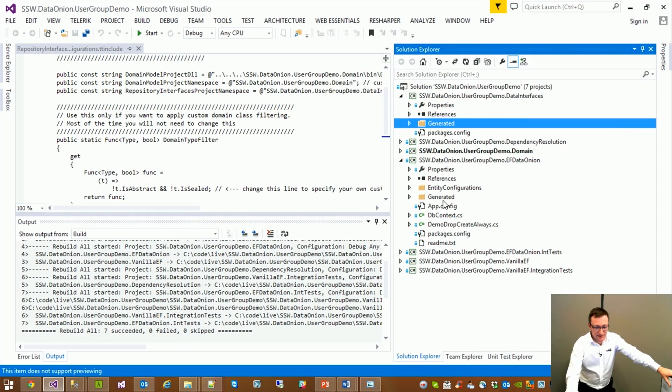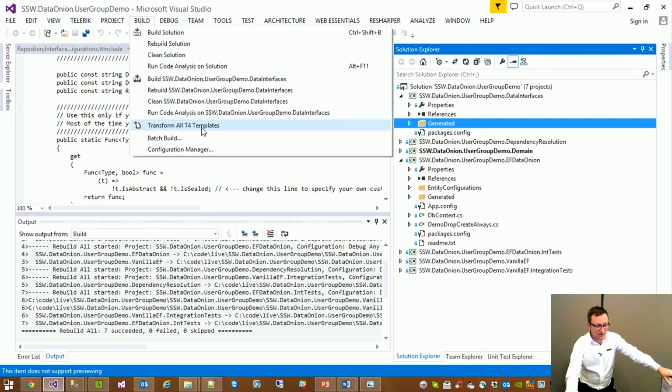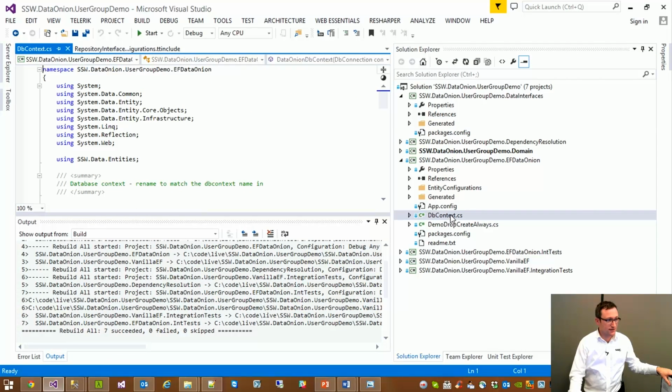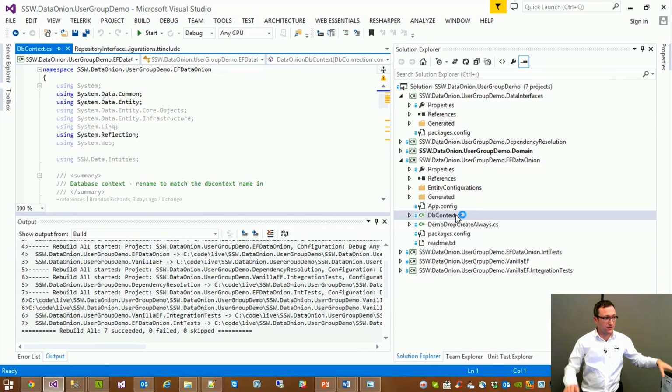With this system in place, if you add a new entity model, you just go to, I think it's under build, transform all T4 templates, and it will pick up all those things and put them in there. So straight away, it's even less work than vanilla Entity Framework, because there you had to go in and edit your DB context. This does that step and builds you these libraries on top as well. So to see the code where that's used,